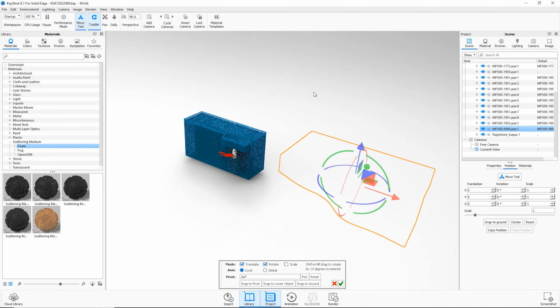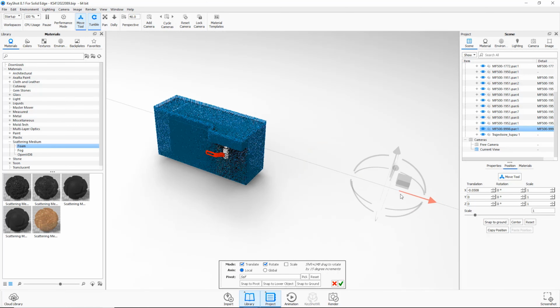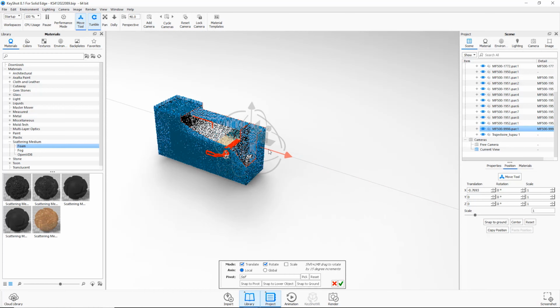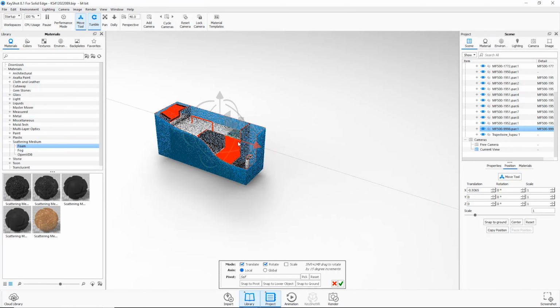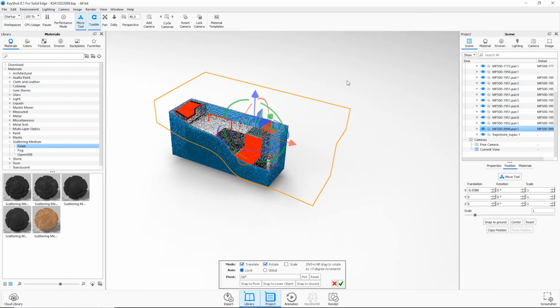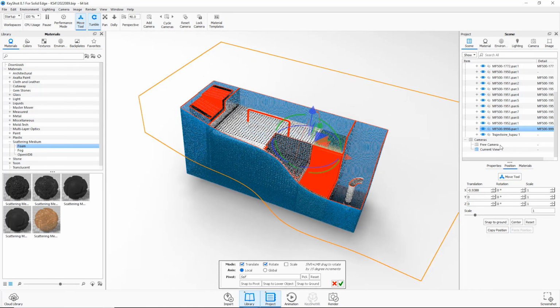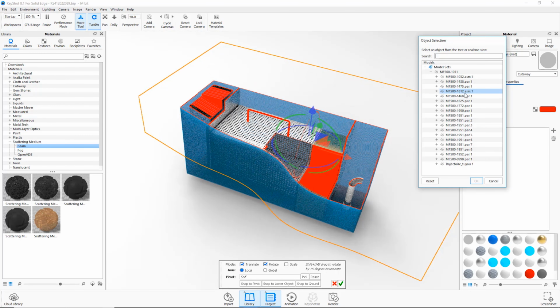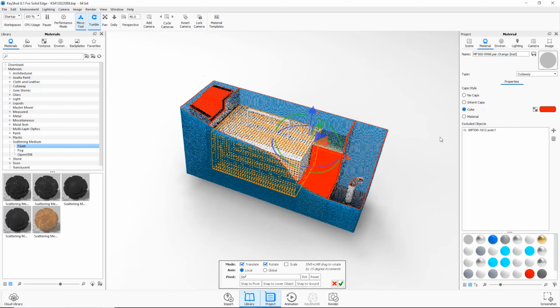The process is as simple as positioning the cutaway geometry in the desired location. In addition, it's possible to choose parts that are not affected by the cutaway. Other new ways of adding even more realism to an image include spotlights and the ability to add fog or